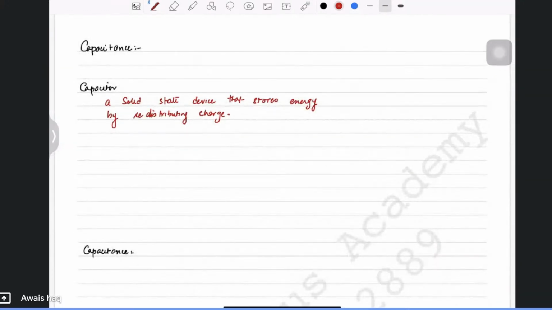A capacitor basically has a symbol like this, but in reality it looks like a cylinder, two bars like this. Okay, now